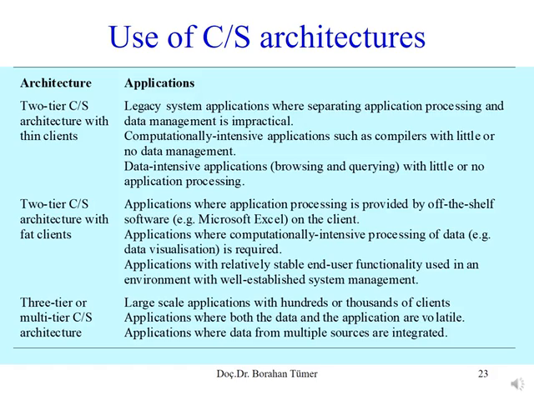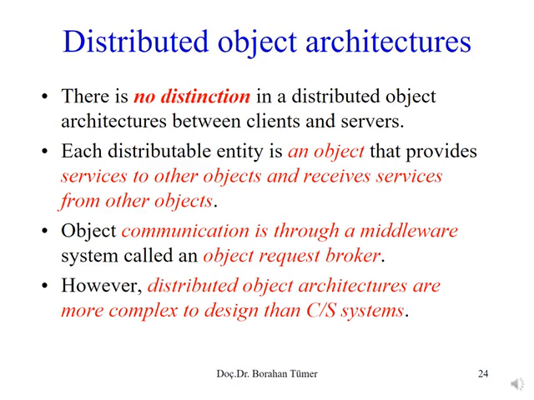And finally, three-tier or multi-tier client-server architectures are good to use in large-scale applications with hundreds or thousands of clients, or in applications where both the data and the application are volatile, and finally in applications where the data from multiple sources are integrated. In the client-server architecture style, client is the software component that requests services, and